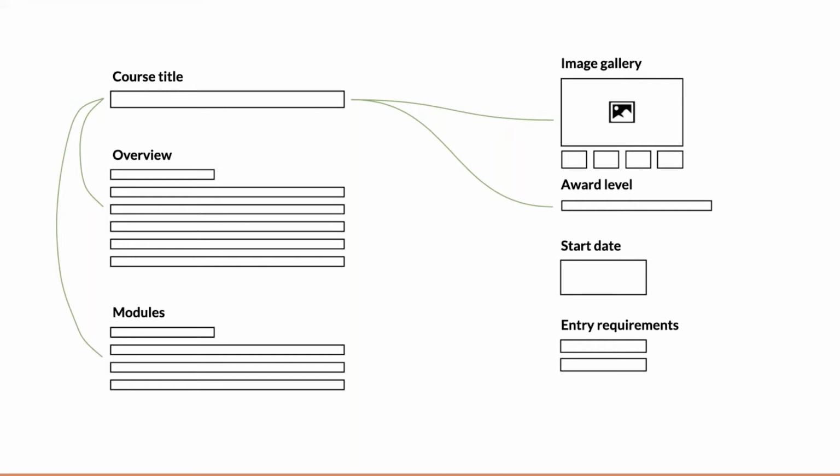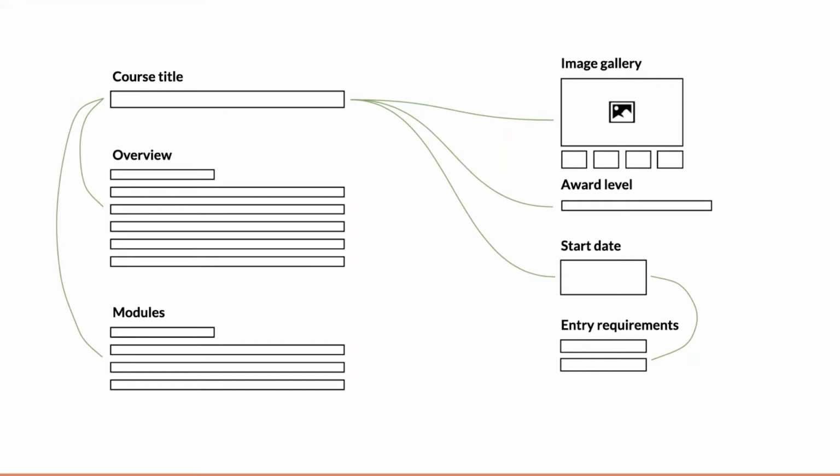So we notice it's the same course, but actually the date has a different relationship. We might be pulling at a thread here that has quite a lot of consequences in how we model this. I'm not going to go into detail of that, but it's just interesting that this is the sort of thing that we do when we're modeling: look at these relationships and start to work it out. It might be that therefore entry requirements belongs or is connected to start date rather than the wider course.